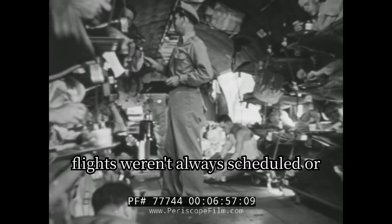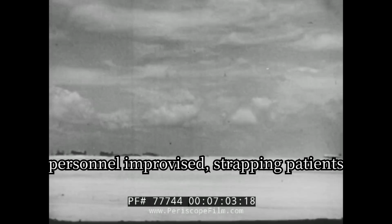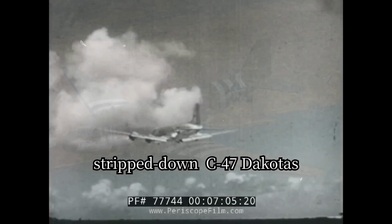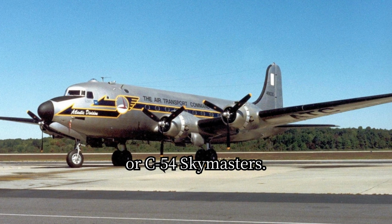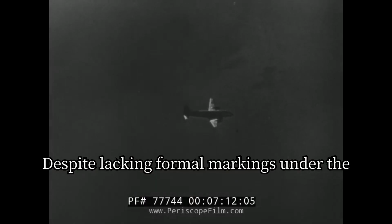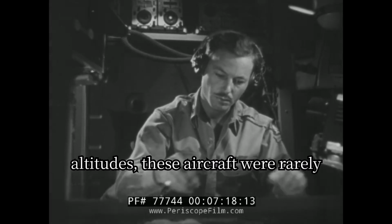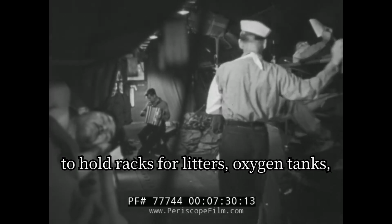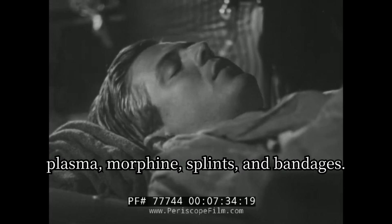These flights weren't always scheduled or well-equipped early on. At first, medical personnel improvised, strapping patients to wooden or canvas litters inside stripped-down C-47 Dakotas or C-54 Skymasters. Despite lacking formal markings under the Geneva Convention and flying at low altitudes, these aircraft were rarely targeted. Over time, their interiors were adapted to hold racks for litters, oxygen tanks, and emergency kits containing blood plasma, morphine,